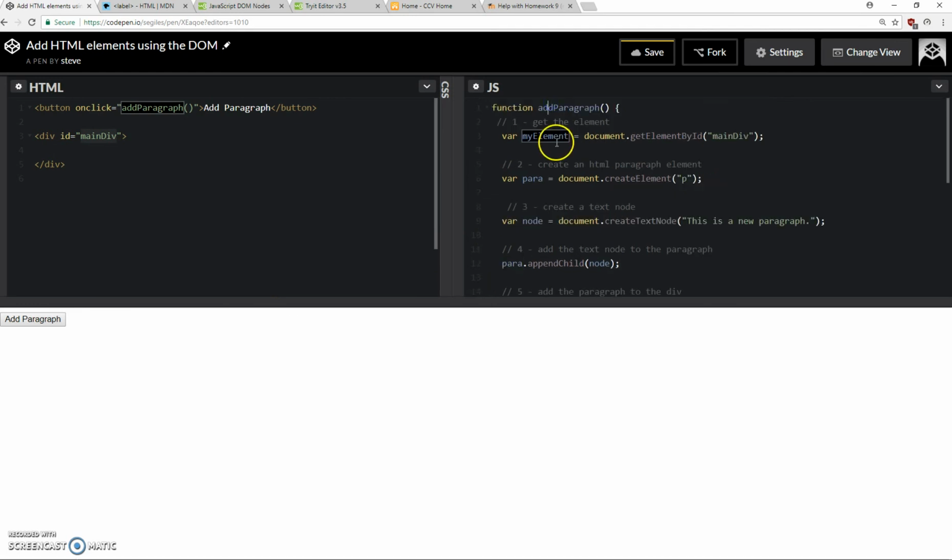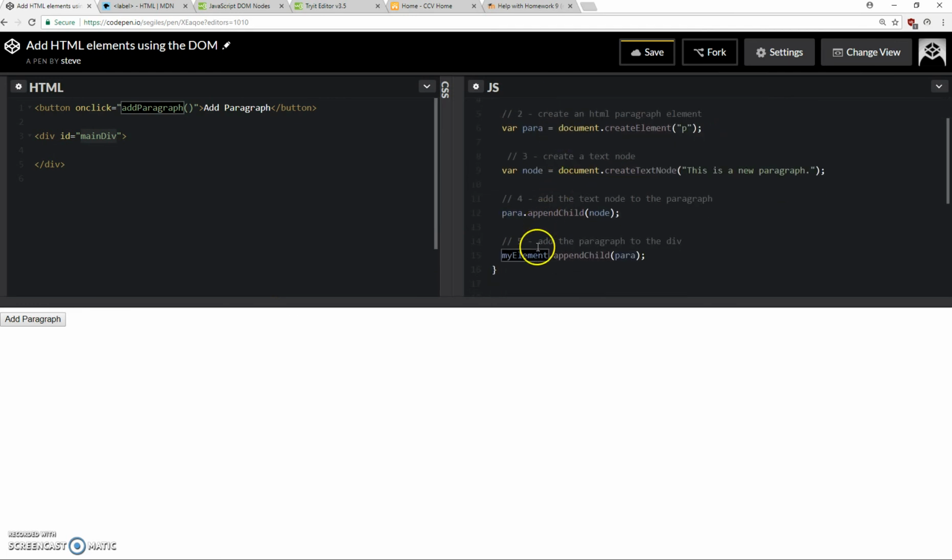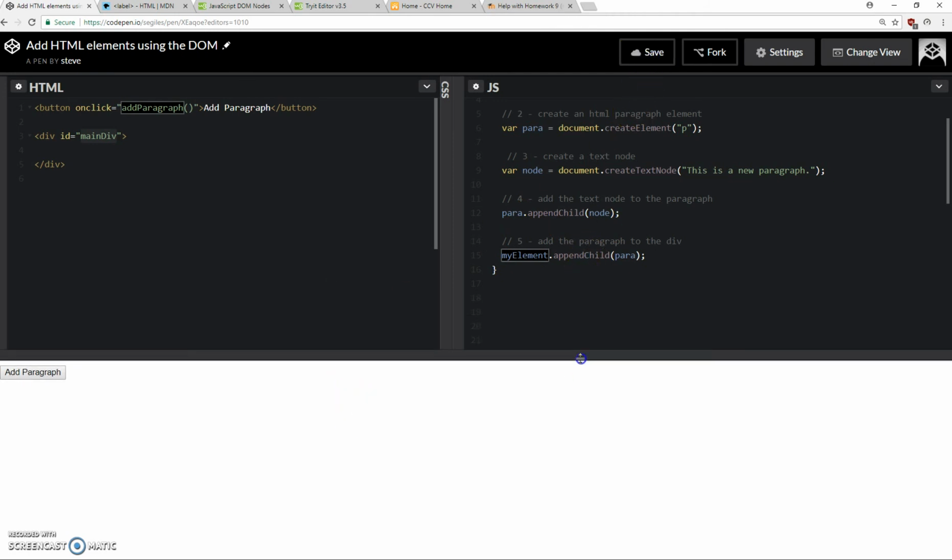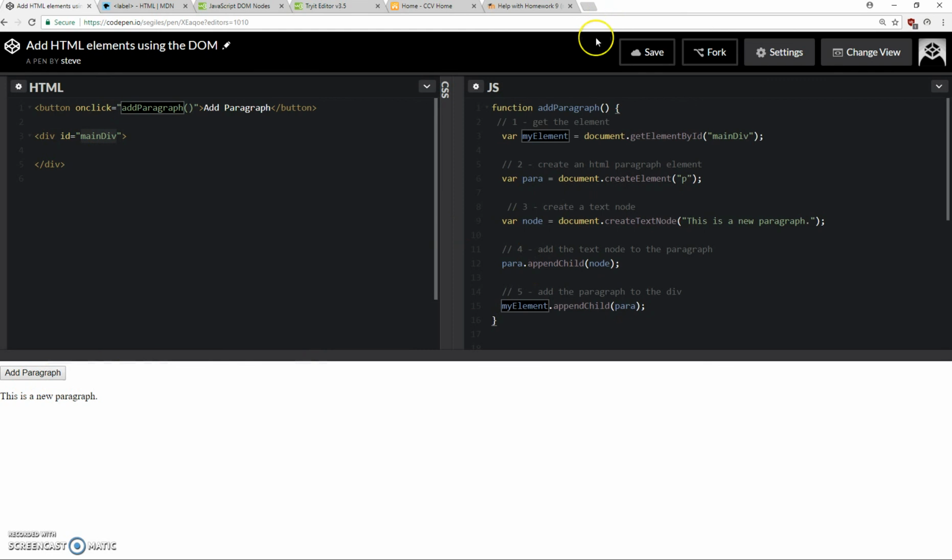So these two IDs, these two variables need to match up, and I'm calling appendChild again, and this time I'm appending the paragraph to my main div. And I will save this so you can reference this and add paragraph, and it worked just fine. So now when the user clicks add paragraph, I programmatically call add paragraph. I get the element, I create a paragraph element, I create a text node, I append the text node to the paragraph, and then I append the paragraph to my main